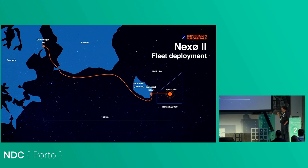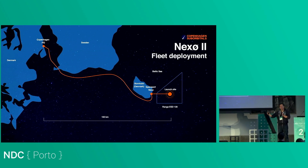ESD 139. The good thing about this place is that it is designated as a launch site. It is in international waters, but it is still within the European Union's export zone, meaning when we bring a rocket there, we don't export rocket technology outside the European Union. I will also come back to that later because that's an important point. And it has an unlimited ceiling,